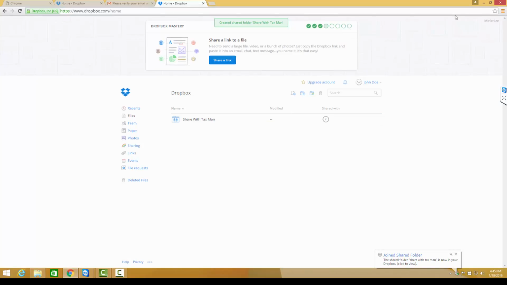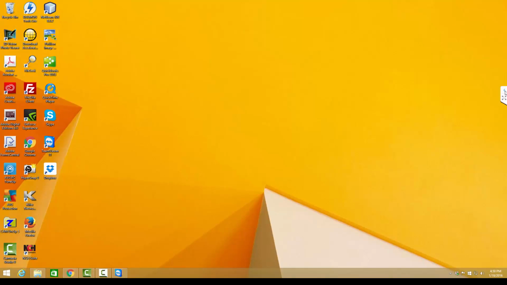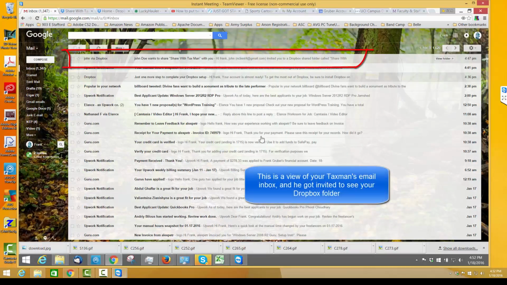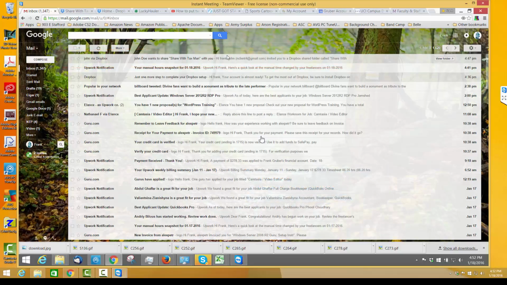I've actually set up this computer so you can see your Taxman's folder in this demonstration. Obviously in real life you can't see it, but let me show you what your Taxman's going to see. Your Taxman's going to get that invitation in an email, and let me show you what that's going to look like to him. He's going to get an email, since you sent him an invitation, that says, hey, John Doe wants to share this folder with you. And then he's going to click on it up here,